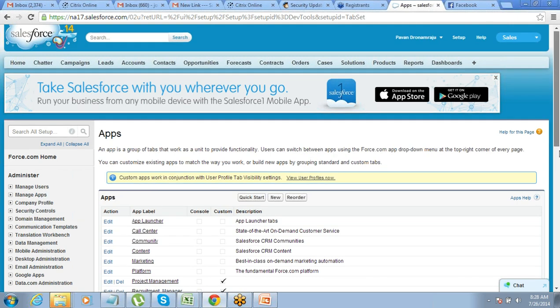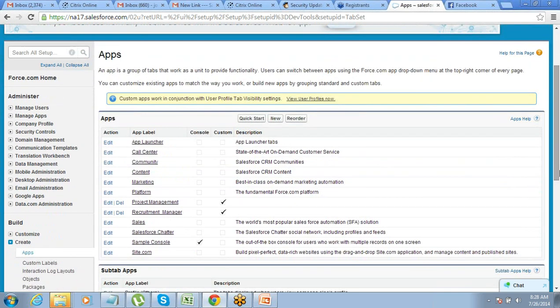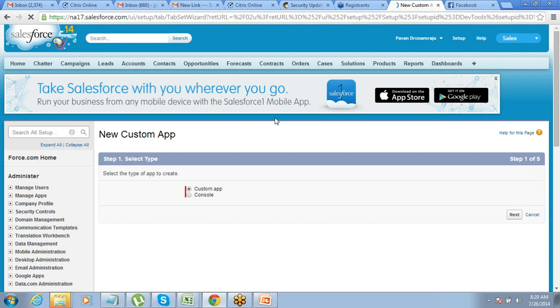Which screen are you now on? You are on this apps screen? Yeah, I am able to see the app screen. Now do you see the new app screen? No. Not yet. And my signal is pretty much good, so I don't understand what could be the issue. Yesterday it was fine, and quite some time back it was okay.